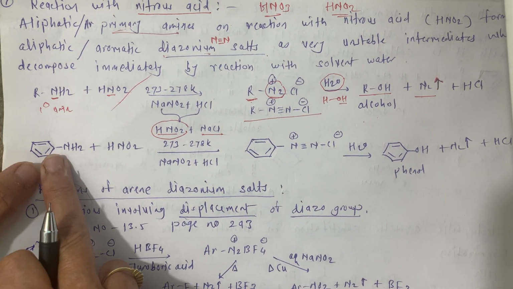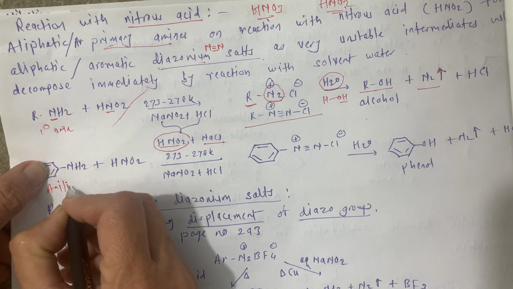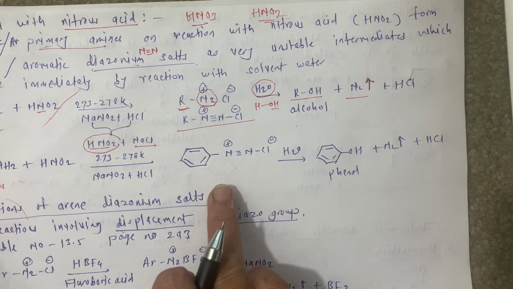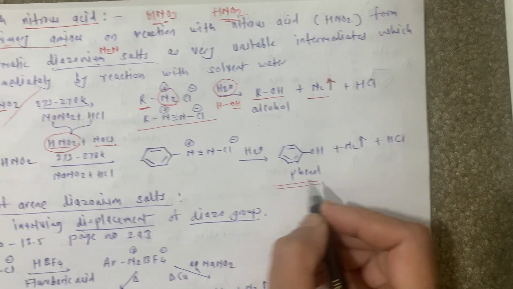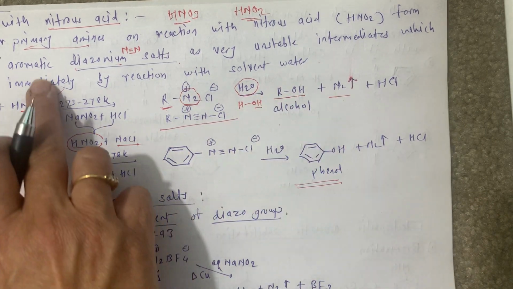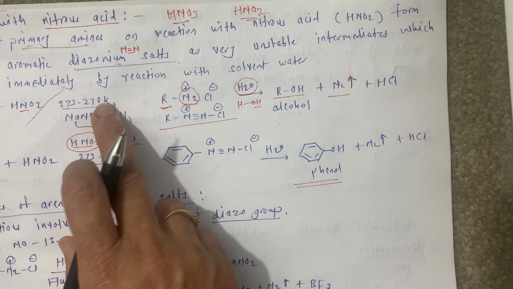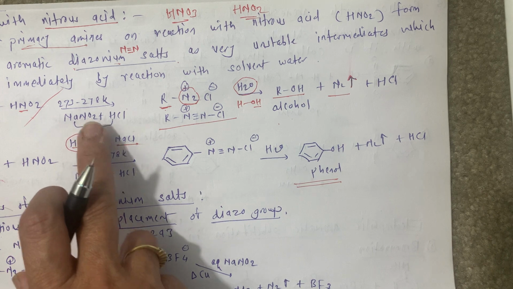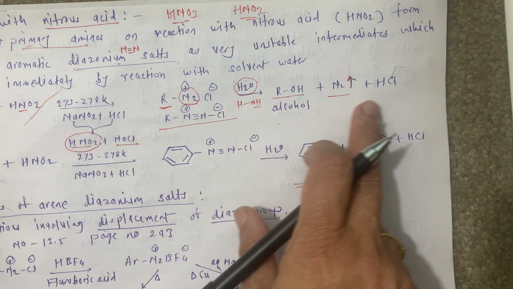And the same, if you take aromatic amine, this is our aniline, a benzene ring attached to NH2, primary amine. Aniline reacting with nitrous acid is converted into diazonium salt, undergoes hydrolysis and forms phenol. Very easy. To the benzene ring OH is attached, as to R OH is attached. The reagent is nitrous acid, the temperature is 273 to 278 Kelvin. How do you get nitrous acid? When there is sodium nitrite and HCl, we get HNO2 and the byproduct is NaCl, and the reaction goes further like this.